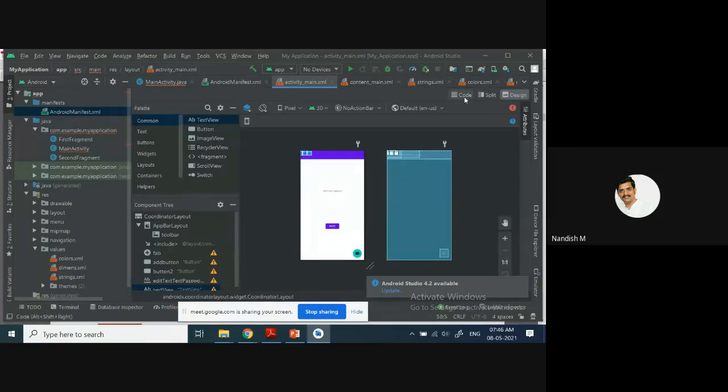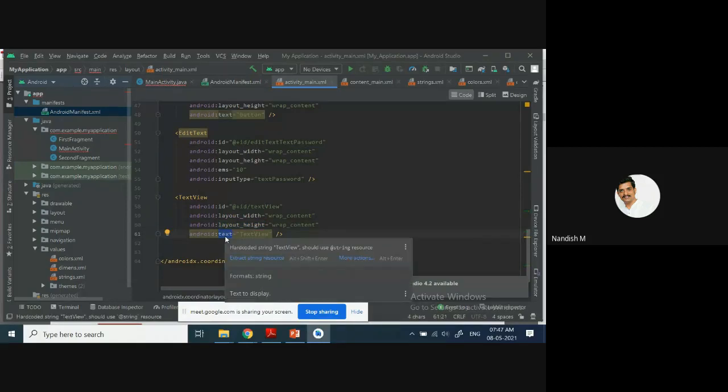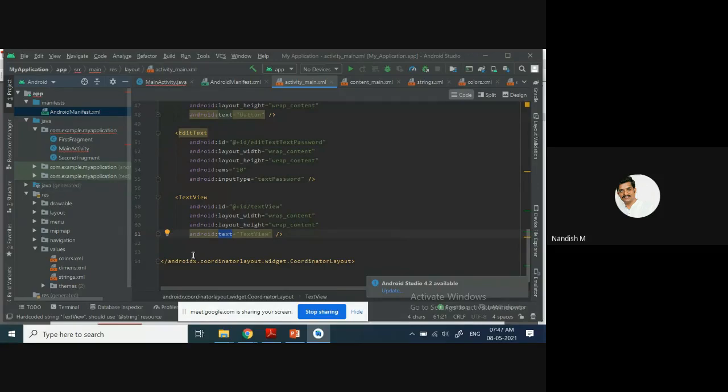Now, if you open the code view and check, there will be a text view. See this text view. By default, the properties are ID, layout width, layout height, and what the text should look like, what it should display inside that.